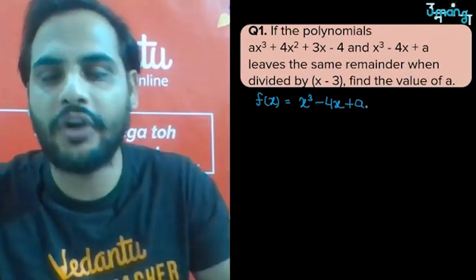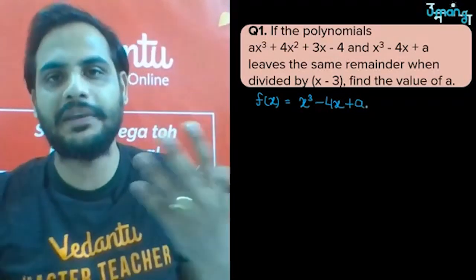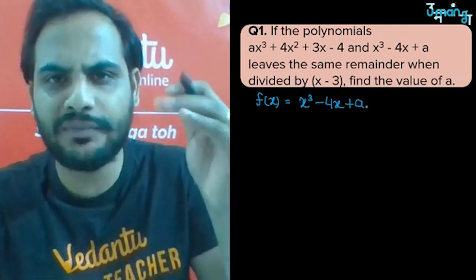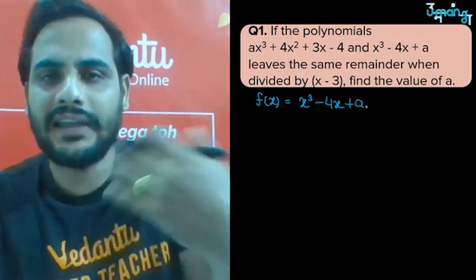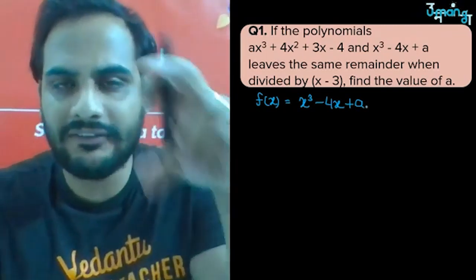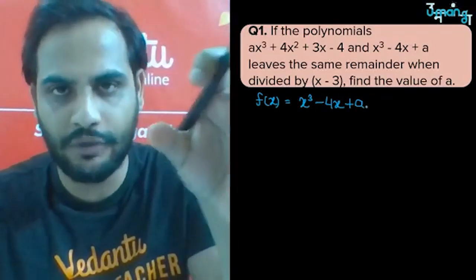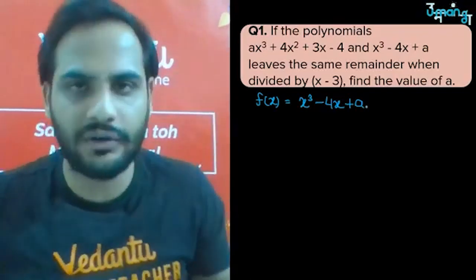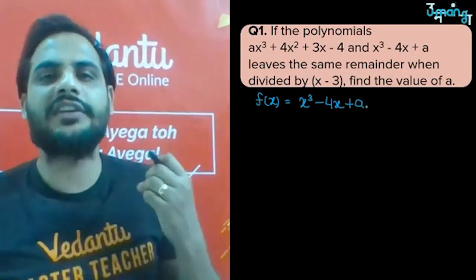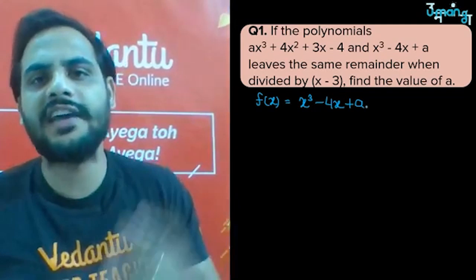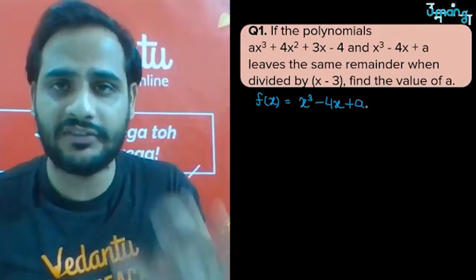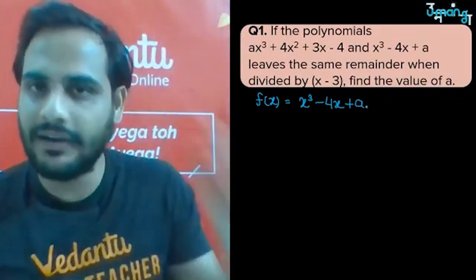Now I saw in the comment section some of you are asking, sir, what do p and f stand for if I write px and fx? I have already told you that p, f, q, r are different alphabets by which we represent a polynomial. It is not that only p represents a polynomial. If you write gx, it might also represent a polynomial. So this is just a representation, px, gx, fx, rx, qx, whatever it is. It is just a representation of a polynomial in the variable x.